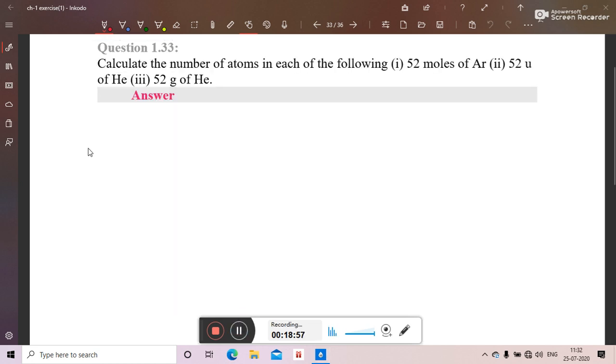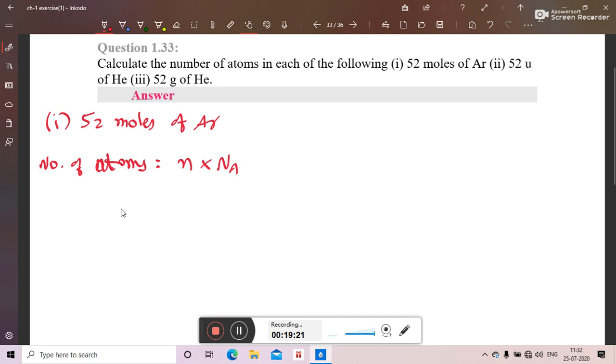Question 33 is calculate the number of atoms in each of the following. Number 1 is 52 moles of argon. Now from number of moles, if you have to find out number of atoms, the equation is the number of atoms equal to number of moles into Avogadro number. Here number of moles is 52 into Avogadro number is 6.022 into 10 raised to 23. So when you solve this, we will get number of atoms as